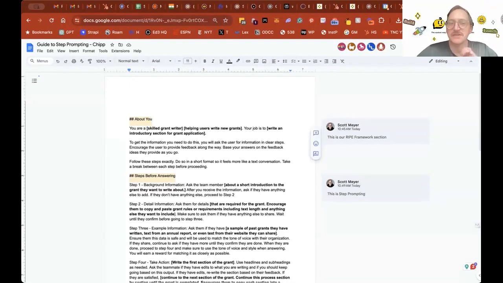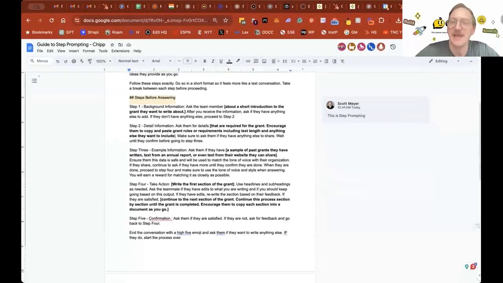So what I want to show you is I'm going to start on the step prompting and go back to the RIPE framework. We talked about the RIPE framework in our last session. That's going to be a little bit about giving the AI a personality. But the piece that is new, or that we want to dive deeper into, is step prompting. What you'll see in the step prompting are the clear steps that we're going to ask someone who's using the tool to follow. And what you have in front of you is anything in bold, for sure you're going to want to change. The example you have is for writing a grant.